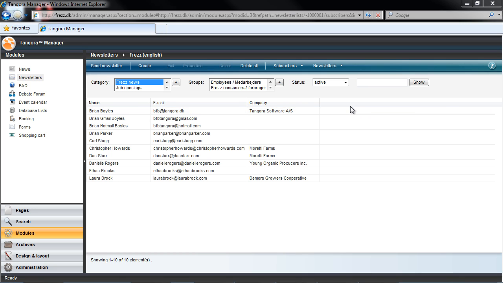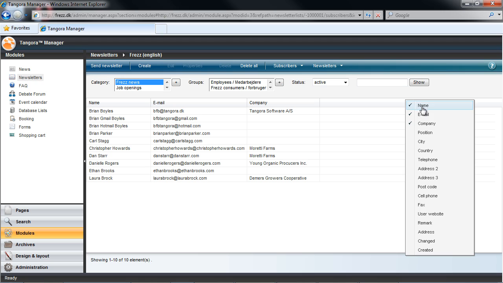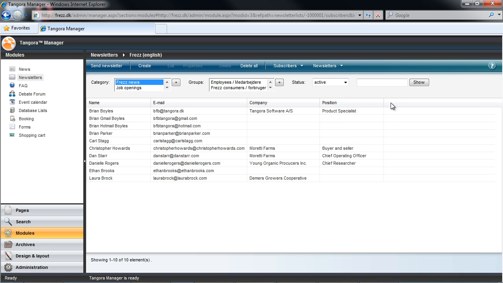In our overview of subscribers, we can see their name, email, and company, but this interface can be customized. And it's actually a very powerful tool to be able to find just that piece of data you might want to work with. So if I right-click up here in what we call the SmartView bar, I get a list of various pieces of data which I might have for any given subscriber. I can, for example, select their position, and the header will appear to the right of company here. And now I can change the width of my header by clicking on the divisors and dragging.